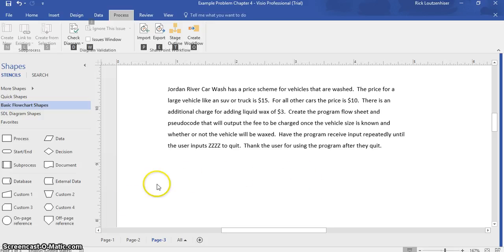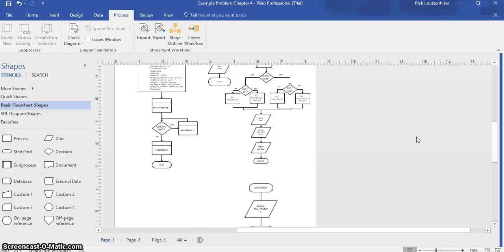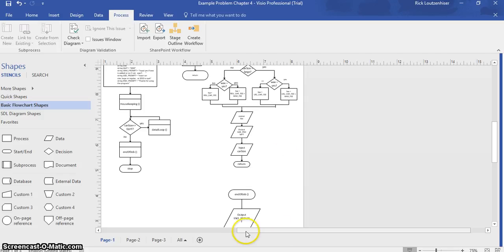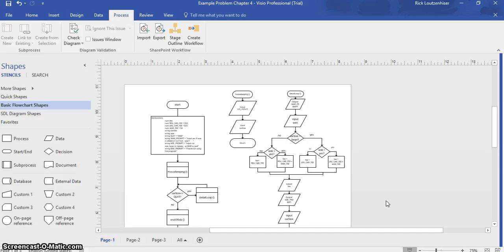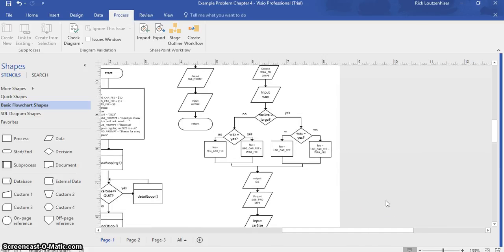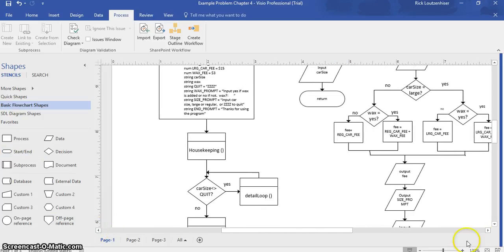So let's go look at what I did on page 1, and that is the whole thing, but we can't quite read it, so let's blow it up a little bit so we can take a look at it. Alright, so over here is the main branch, and let me zero in a little bit more on that. Okay, so I have to